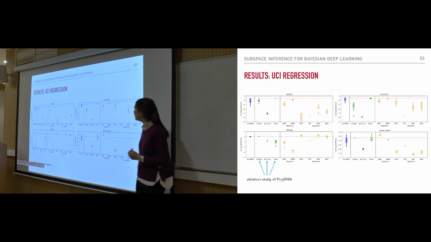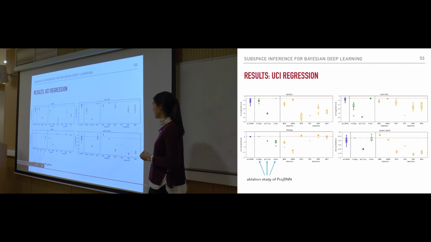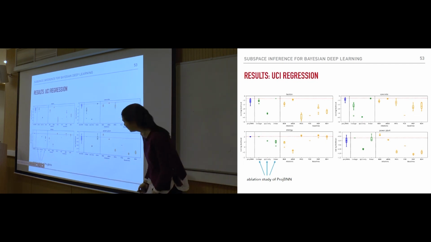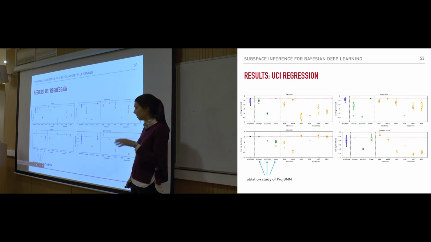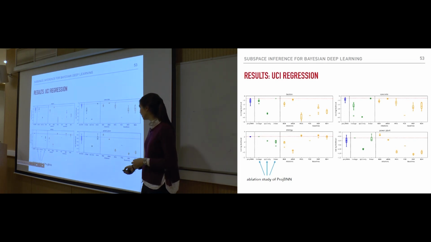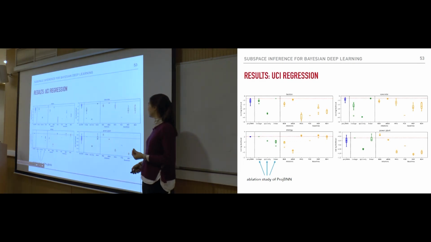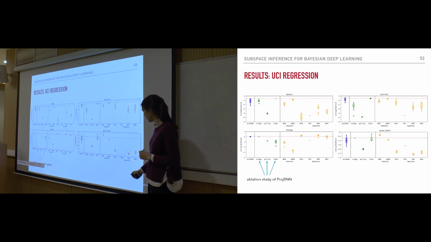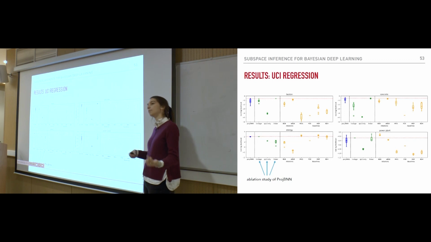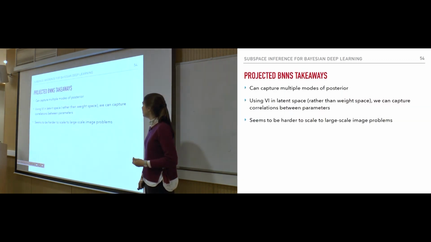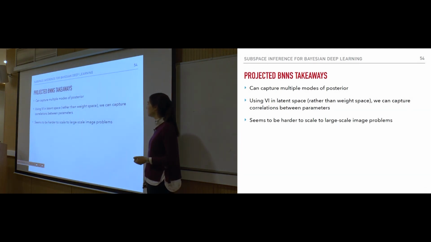All right, and then they have some partial results for UCI regression, and maybe the interesting part here is that they did this ablation study for their model, projected BNN. They compared learning the uncertainty only in the latent space rather than the autoencoder, and also the linear versus nonlinear autoencoder, and they looked at all the variants, and the conclusion is that their version is better. This one-stage model was using a random initialization for the autoencoder, so it was without the smart FGE biased initialization for the subspace. And yeah, the takeaway for this work is that they can potentially capture multiple modes of the posterior,